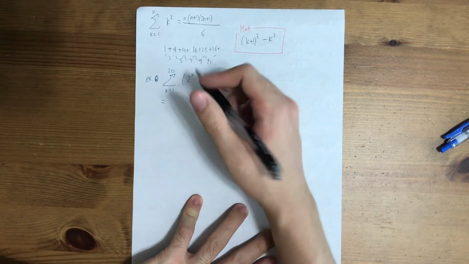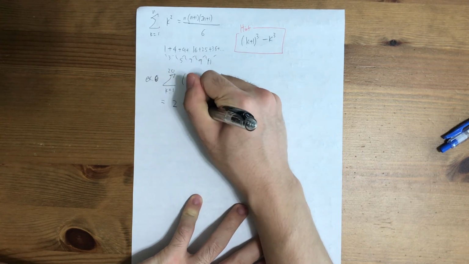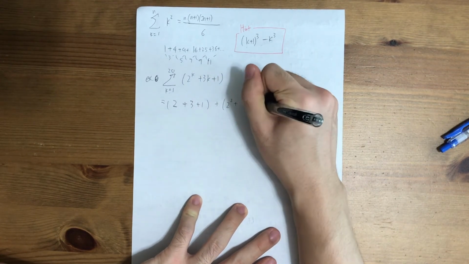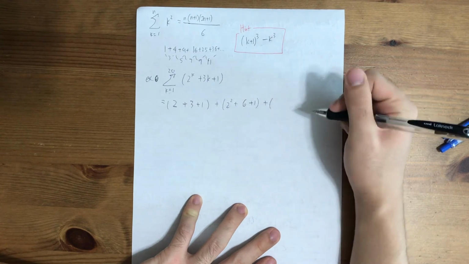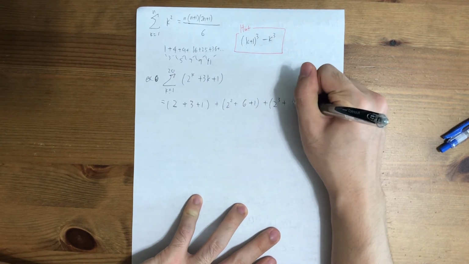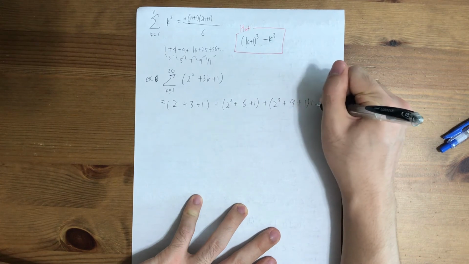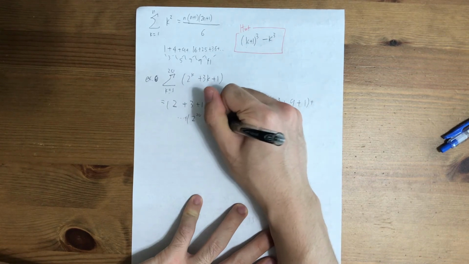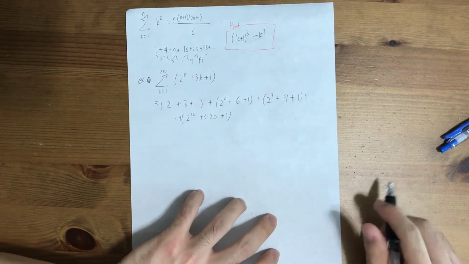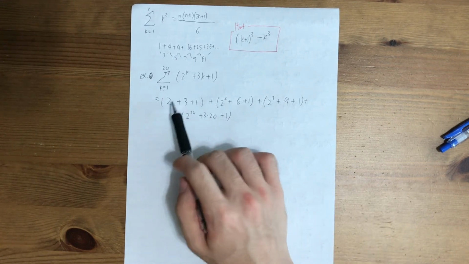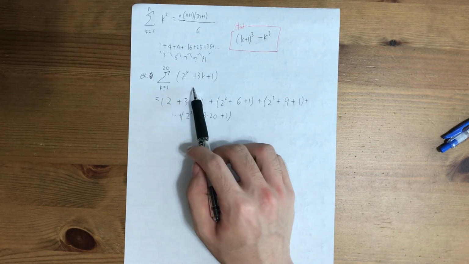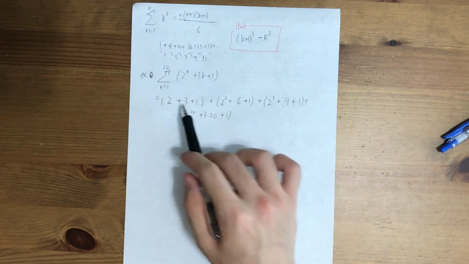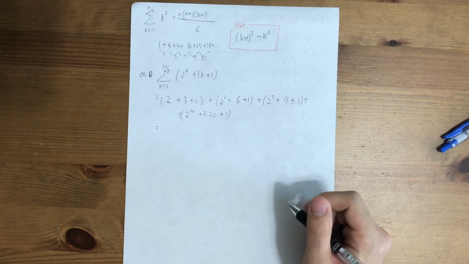When k equals 1, that means 2 plus 3 plus 1. When k equals 2, 2 squared plus 6 plus 1. When k equals 3, 2 cubed plus 9 plus 1. And all the way until 2 to the 20 plus 3 times 20 plus 1. One thing, I don't really recommend you to evaluate this entire value first. So don't write it like 6, 11, and 18, and so on. You can just leave it like this, because what we can see is that